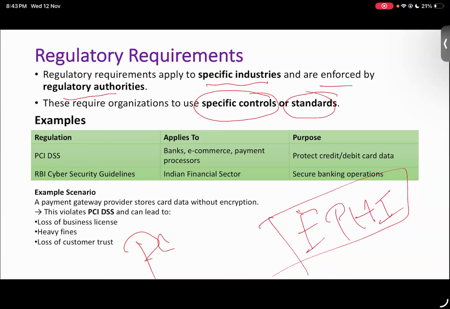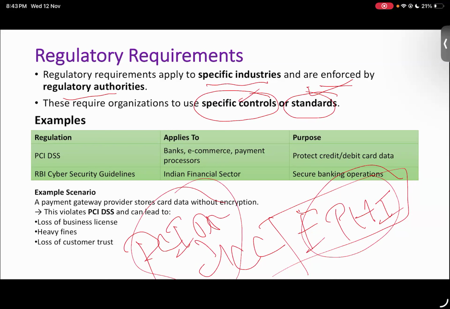Then PCI DSS focuses on credit card information. They use their specific controls and their specific standard for protecting their information. So PCI DSS is basically for banking, e-commerce, payments, protecting card information. RBI security guidelines are for the Indian financial sector, securing the banking operations. So each industry and each regulation has its own guidelines, policies, and procedures, which can be developed and implemented in an organization